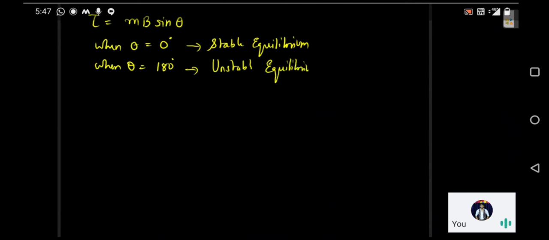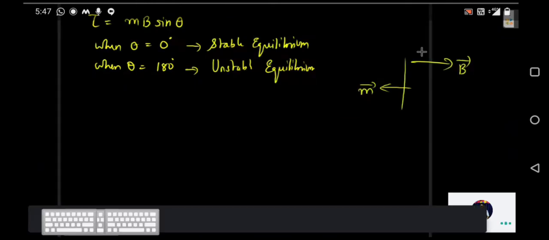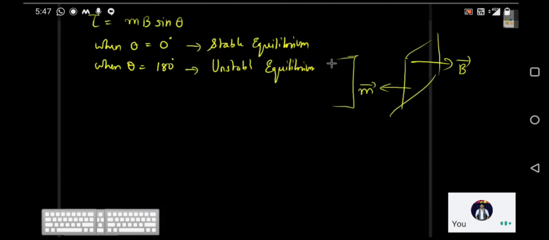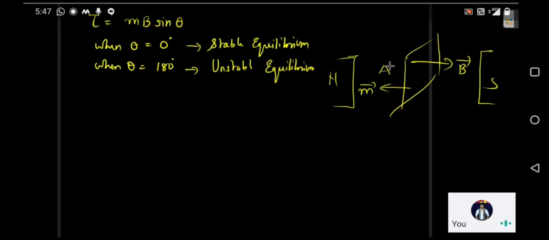That means the magnetic field is going on one side and the area vector is going on the other side. That is, the magnetic dipole moment is going on one side and the magnetic field is going on the other side. It is kept something like this, north and south. So the area vector is over here, this side, and the magnetic field is going on the other side. This is called the unstable equilibrium. So torque will act and get it back to the stable equilibrium. This is the reason why a freely suspended magnetic dipole in a magnetic field aligns itself in the direction